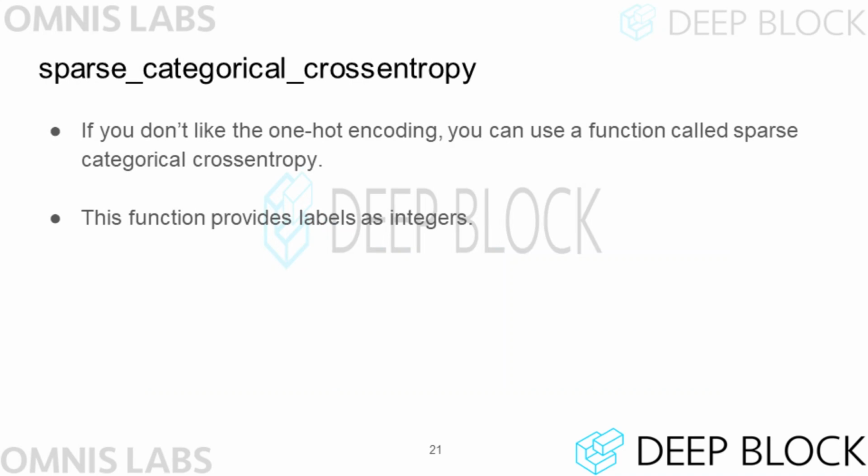To use the categorical cross-entropy loss function, you need to convert the answer data used when training the model to one-hot encoded data, and then train the model. If this bothers you, you can use a loss function called sparse categorical cross-entropy. By using this loss function, you can pass answer data as an argument to the fit function by preparing the answer data as an integer value.